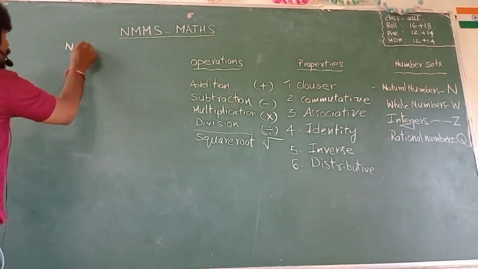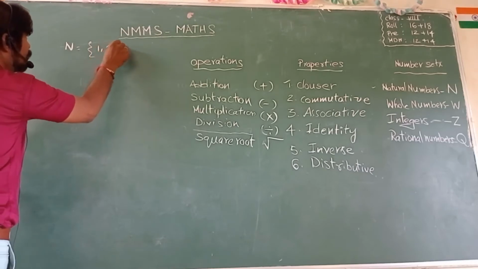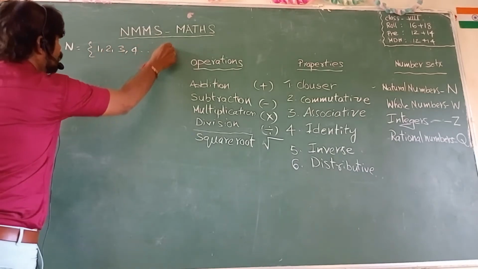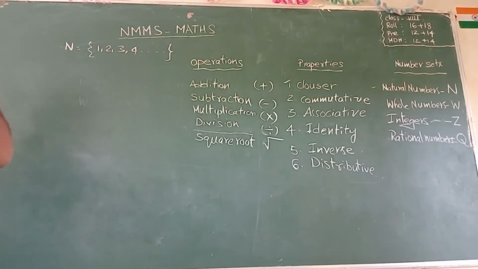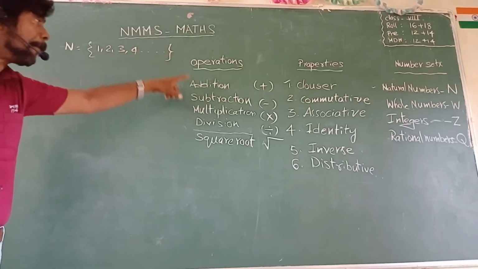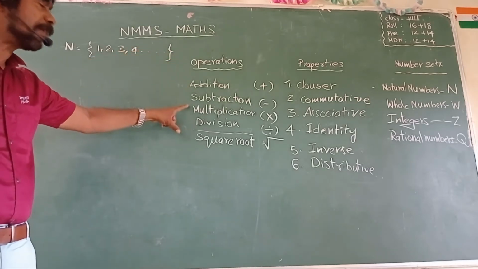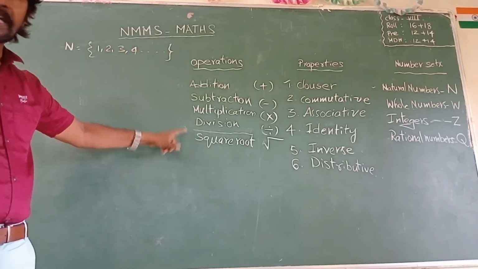We are starting from natural numbers 1, 2, 3, 4 and so on. If I take any numbers from these natural numbers and do the operations addition, subtraction, multiplication and division,